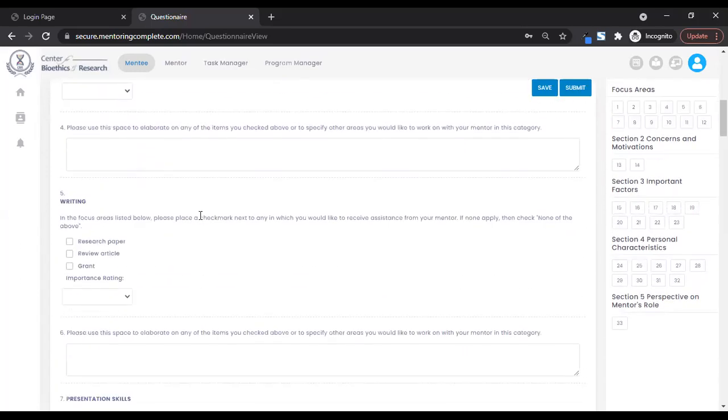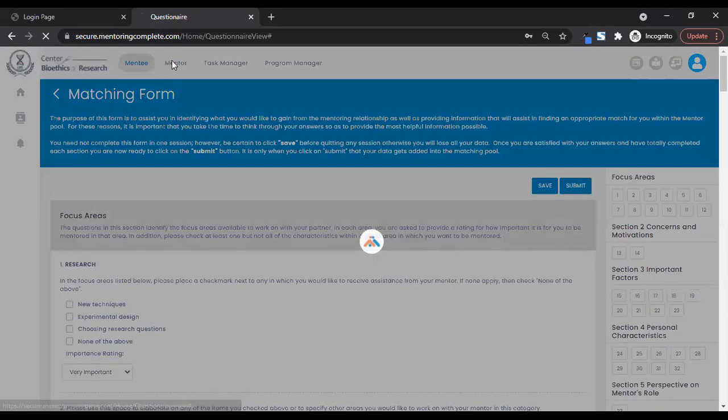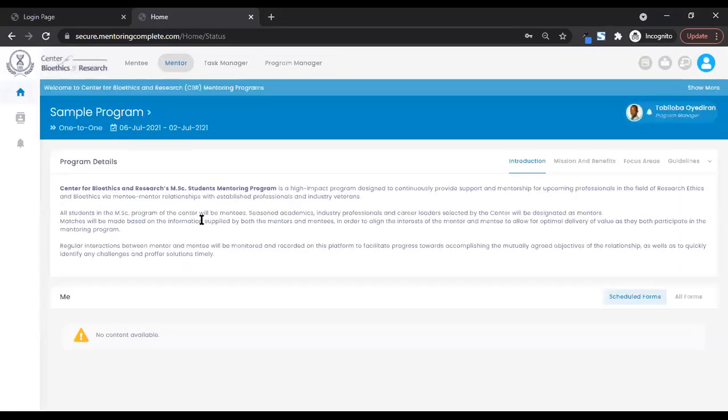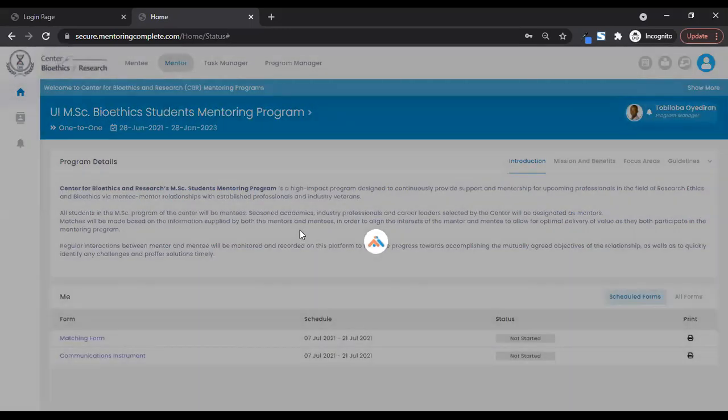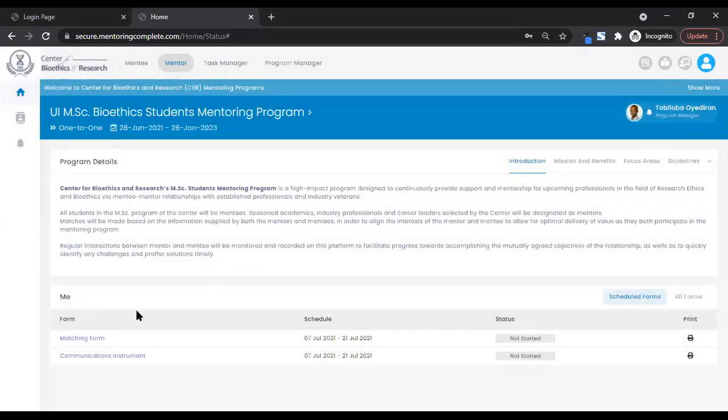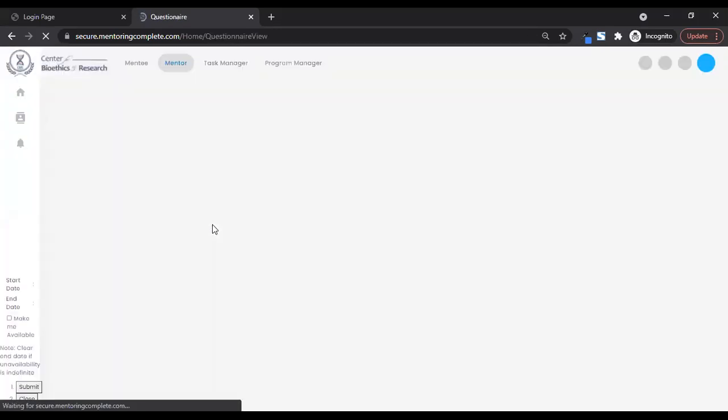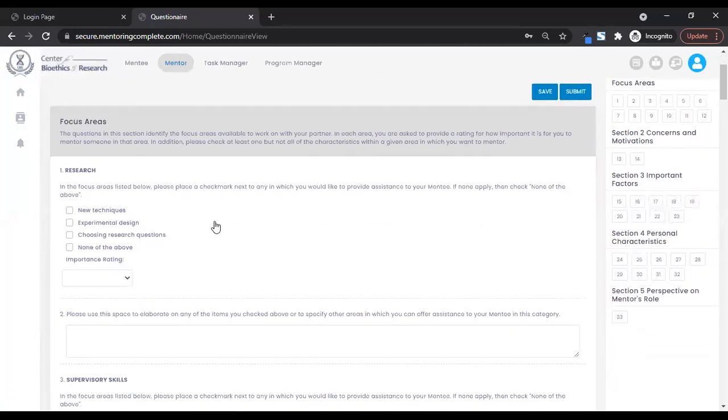So there are questions. Toby. Yes, sir. May I suggest that because all of us are mentors, use the mentor platform or page to talk to us. Don't use the mentee. We're all mentors, so use mentor platform for us. Okay, sir. Unless they are all the same, and the questions are the same. It's just the wording that is different. Okay, so use the mentor's site. Okay, this is the mentor's view, sir. Yes. Okay, so